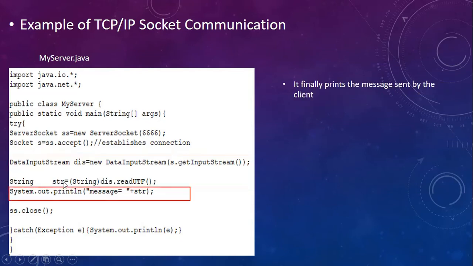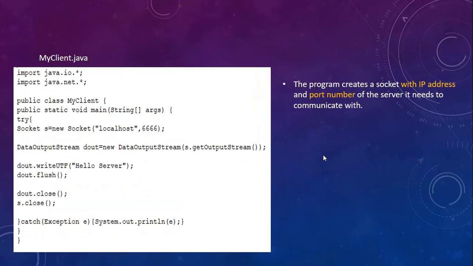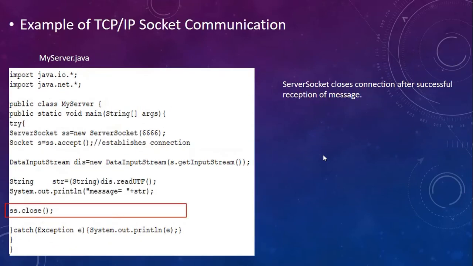Further, it finally prints the message that is sent by the client, which is nothing but the string stored in str, read by the server using the readUTF method. Once the message is printed, finally the server socket closes the connection after successful reception of the message. If any exceptions are generated, there is a catch block that will handle the exception.